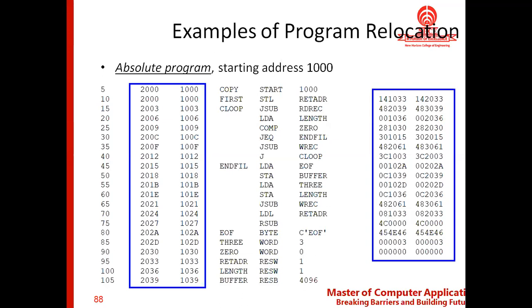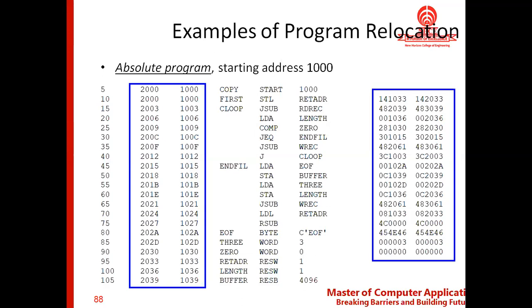Yes, there were changes in the object code in the previous topic also, because of instruction format and addressing mode. So because of instruction format and addressing mode, there might be some variation in the object code when comparing SAC with SAC XC. Similarly, here also you could find the difference in object code when you change SAC to SAC XC due to program relocation. That is why program relocation depends on the machine.